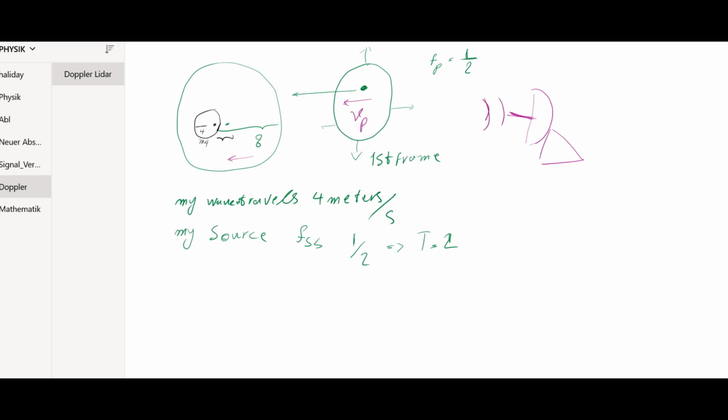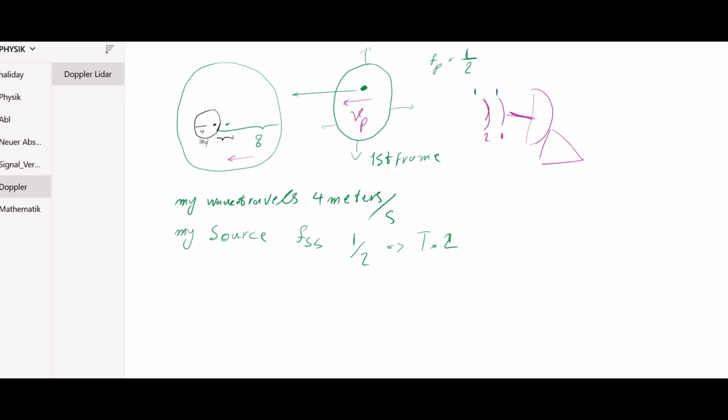Therefore, the frequency has been changed, and if it wasn't moving, it was like this every 2 seconds, it is now like this. First this one comes, and